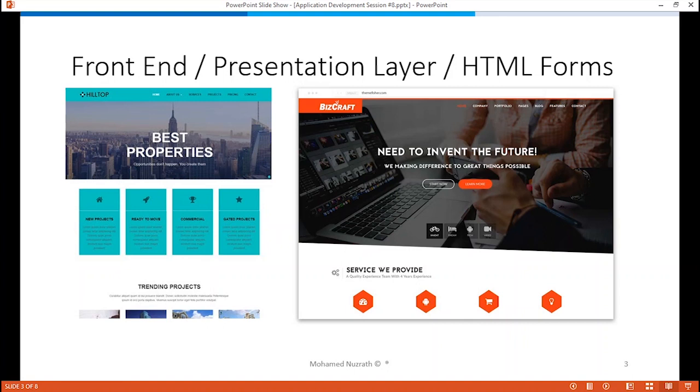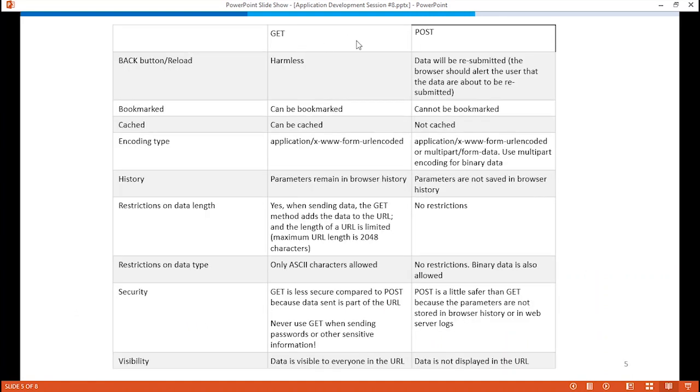We will be doing such kind of operations in the database part. Always the interaction does not happen or does not take place like that. Sometimes the user might click on a link as well. So the link itself will pass some information to the back end. In the back end, it can get processed. Get and post.